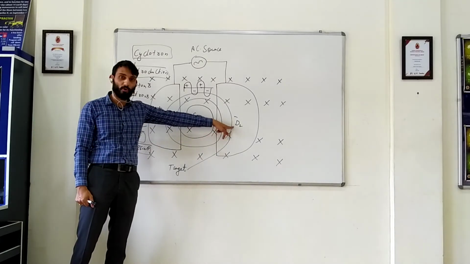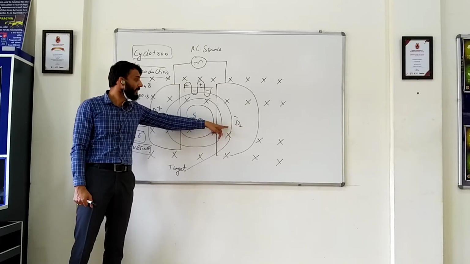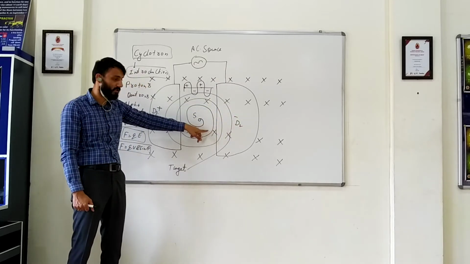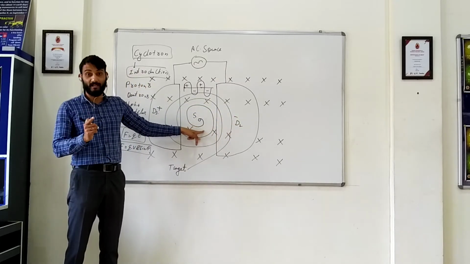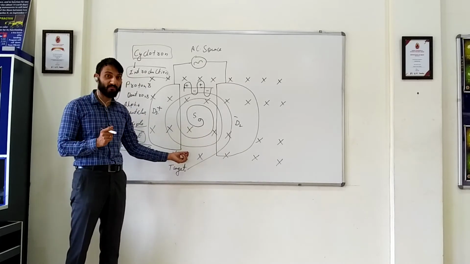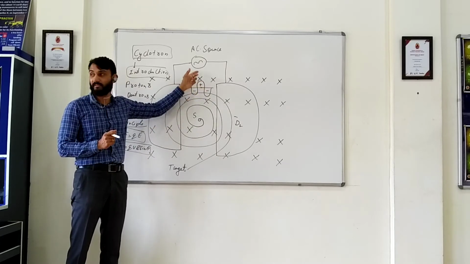So here no electric field is there, but there is a magnetic force. So what will the magnetic force do? It will change the direction of the particle and it will come out, right? Now the moment it comes out, there is a device which has been put in. The moment it comes out, it changes the frequency of this AC.